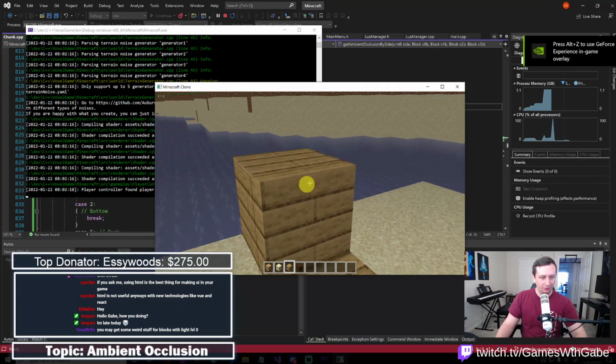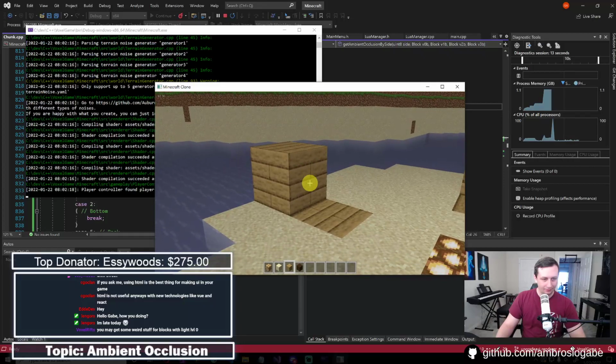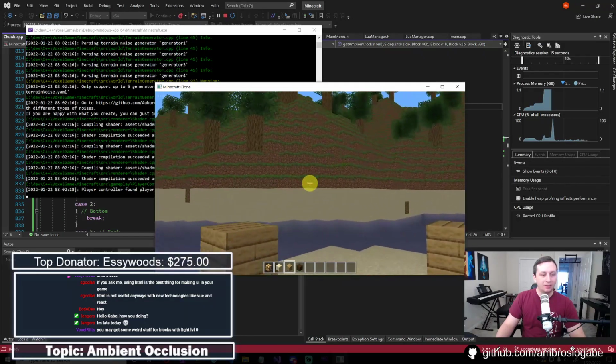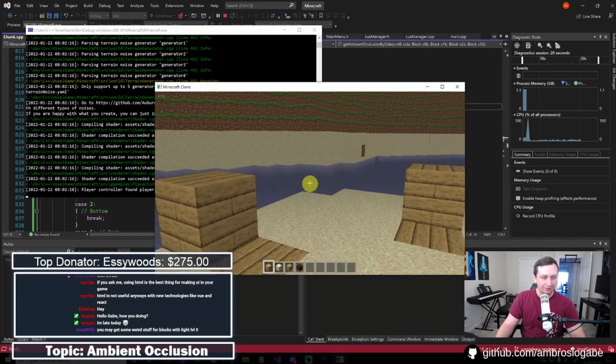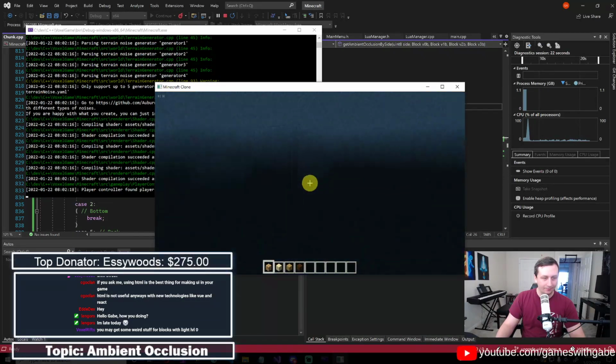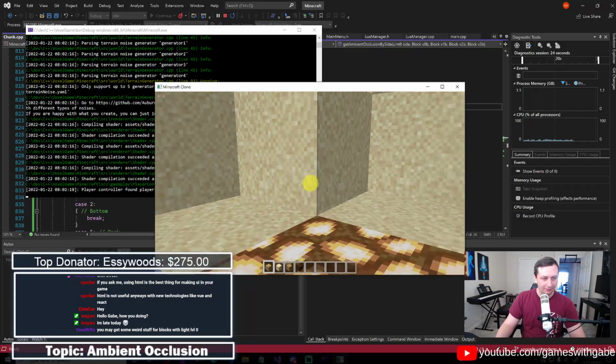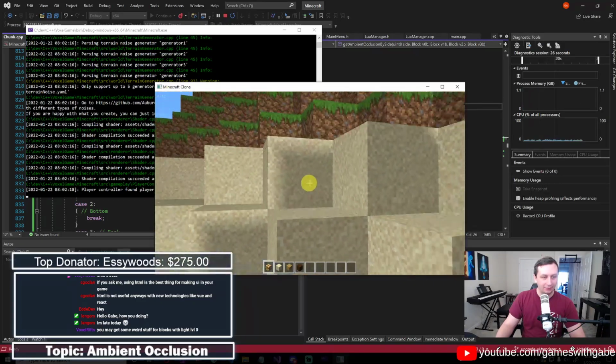Uh-oh, now it's just darker, which is still kind of good. Oh, and the reason we're not seeing it over there is because I'm only doing it to glowstone stuff right now, because it's just calculated light level. So if I were to do a light here, there we go. Okay, cool. So it is definitely doing something